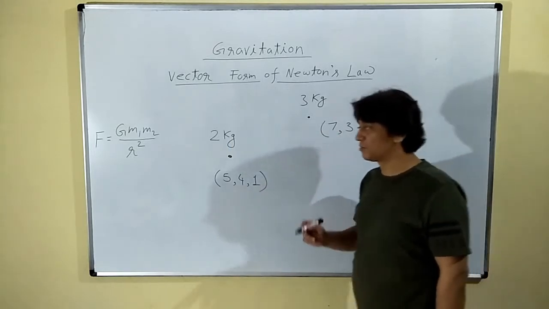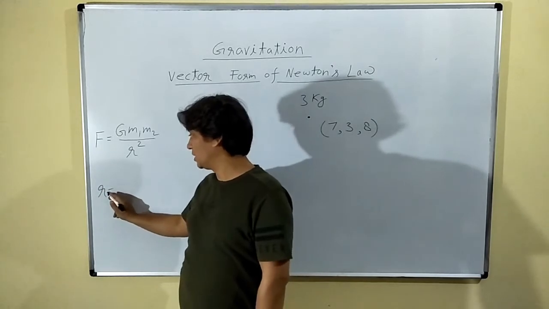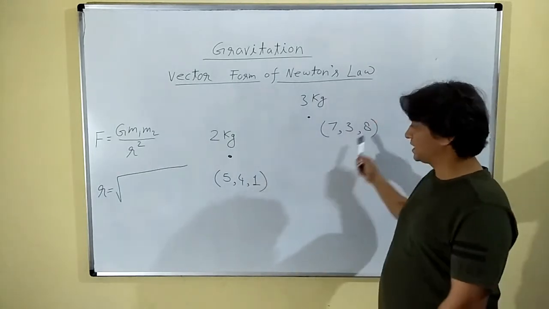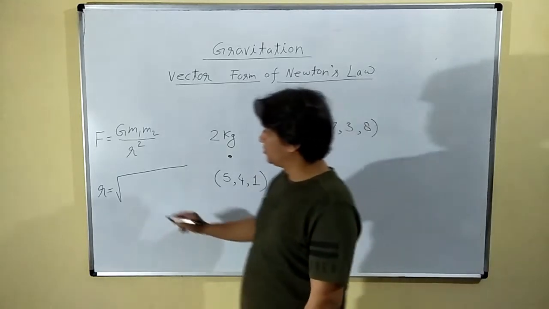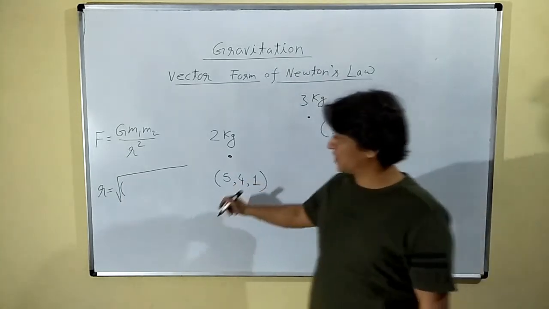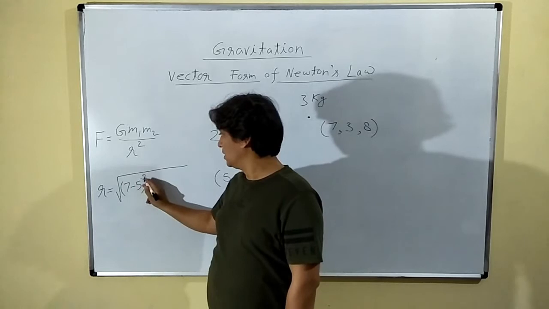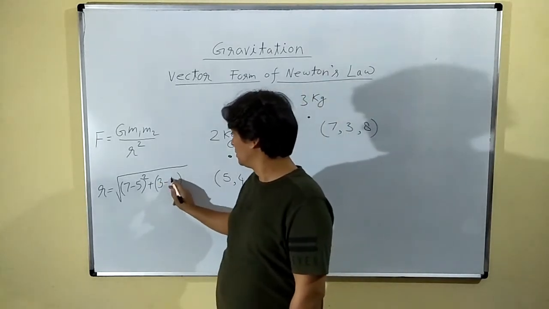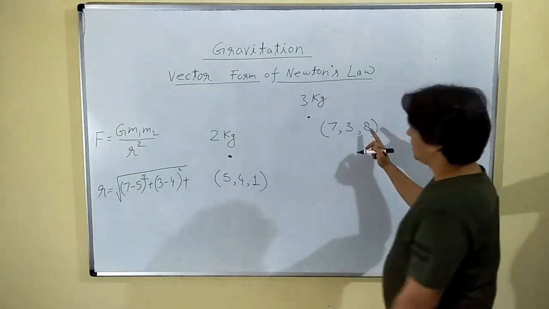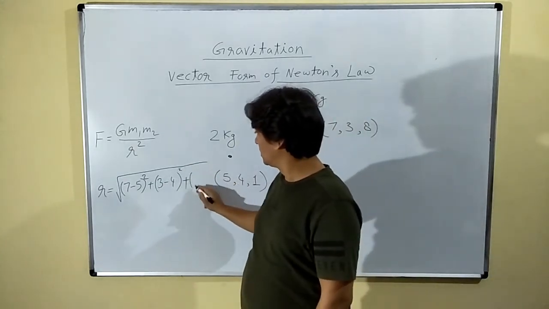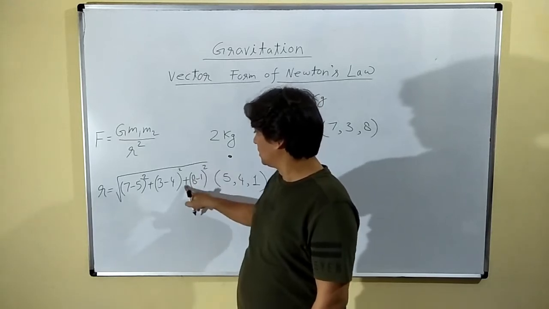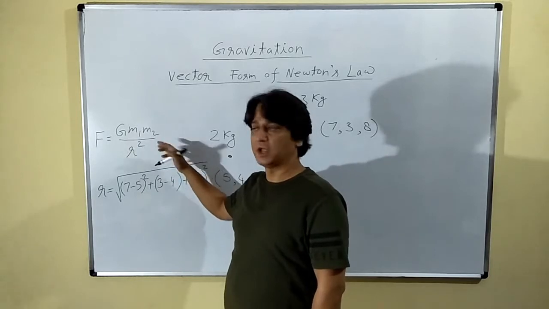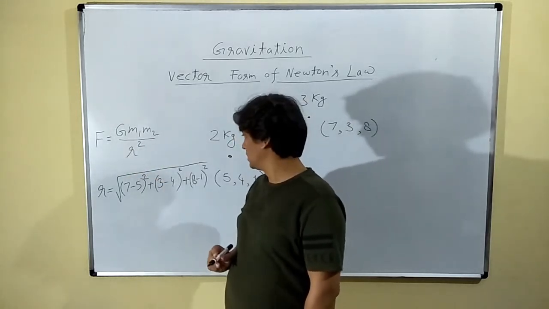हर आदमी डिस्टेंस फार्मूला यूज करना जानता है। तो अगर आपसे आर पूछा गया होता तो आपने सीधा सीधा क्या करना था, x2 माइनस x1, y2 माइनस y1, z2 माइनस z1, स्क्वायर्स एंड देन रूट। तो हम क्या करते, आर फाइंड करने के लिए 7 माइनस 5 प्लस 3 माइनस 4 प्लस 8 minus 1, that's how you can find what r. पता है, g पता है, m1 पता है, m2 पता है, we can easily calculate what magnitude।